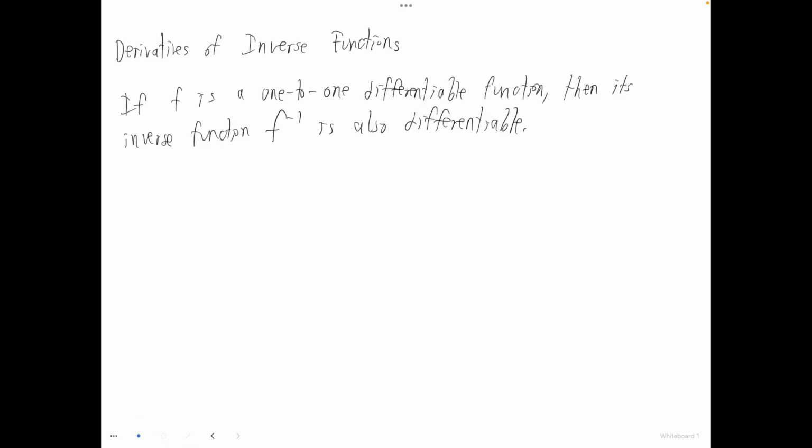We're not going to go into the detailed proof of why this is the case. However, the idea is that the graph of f inverse is a reflection of the graph of f across the line y equals x. To get the inverse, you just flip all of the x and y coordinates, so the graph is just this reflection. If the graph of f was smooth and had this differentiable property,